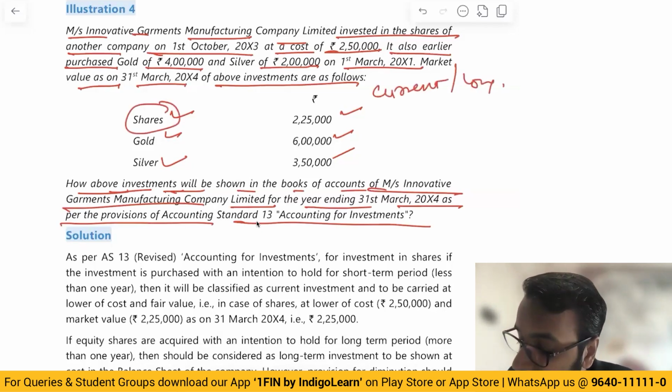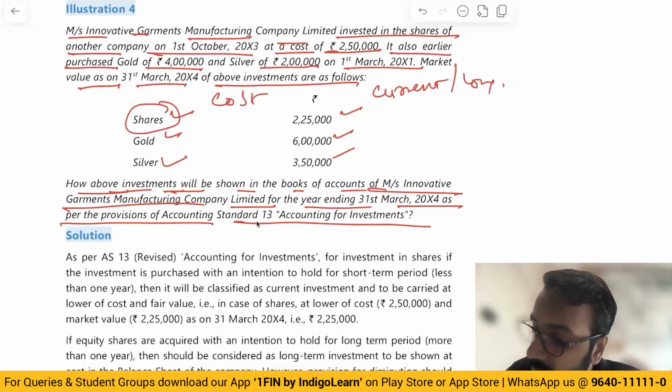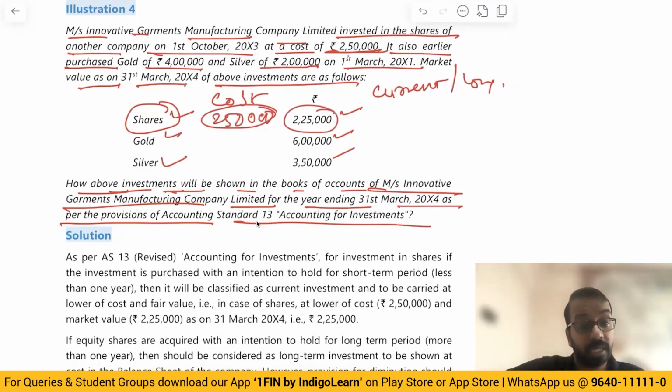If it is current, what is the cost? Cost of 2,50,000. Sorry, if it is current, you'll value it at lower of cost and fair value, that is 225. If it is long term, you'll value it at cost. Okay. Then